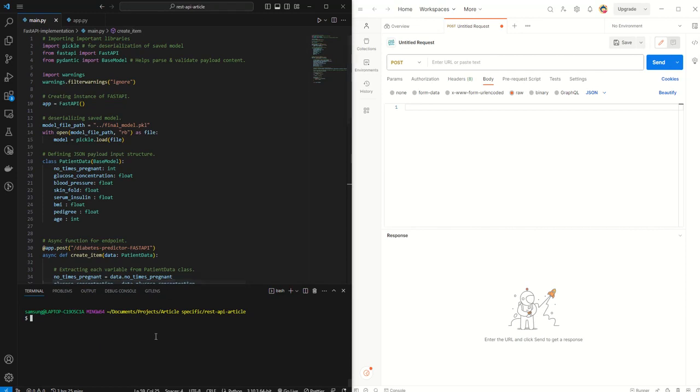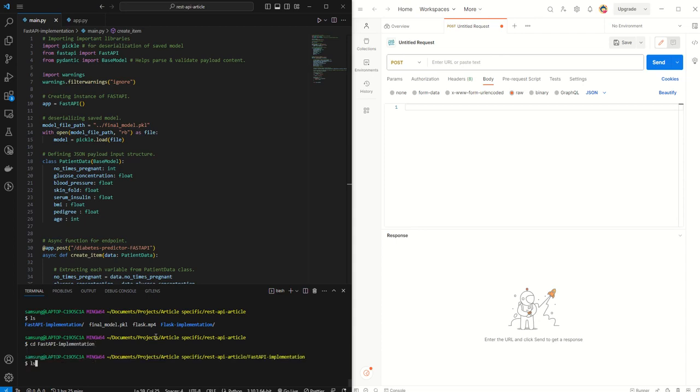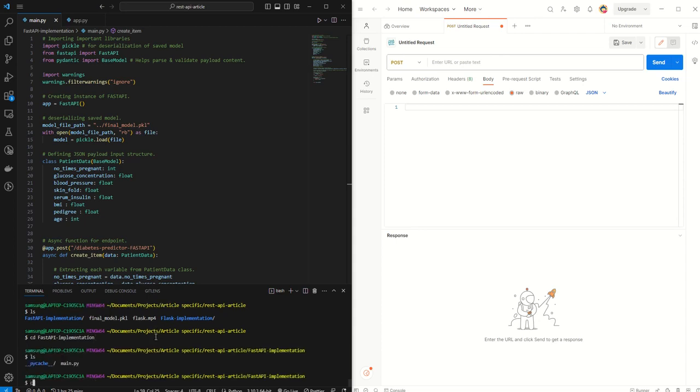Alright, so in order to start working with your endpoints for your model, you first of all have to start up your server. And in order to do that, you have to make sure you're in the same directory on your terminal as the server file. So I'm going to check ls, and I'm going to change directory to FastAPI implementation. Now, to make sure that I am in the right directory, which I am,